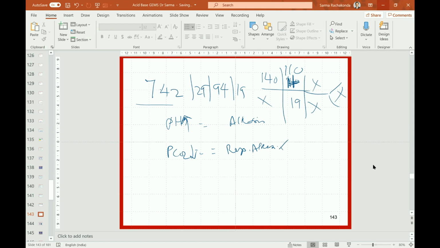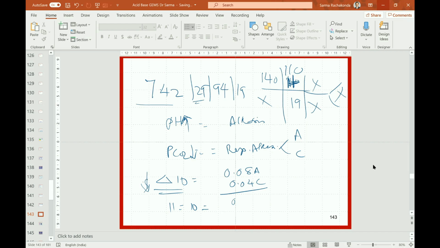The immediate question is, is it acute or is it chronic? How do I decide? For every 10 delta of carbon dioxide, because the PCO2 is going down, for every 10 delta, the pH should be increasing by 0.08 in acute and 0.04 in chronic. This is the formula we are given. Now, what is the shift in my pH? How many units are there actually? 29 and 40 means 11, which is almost 10.